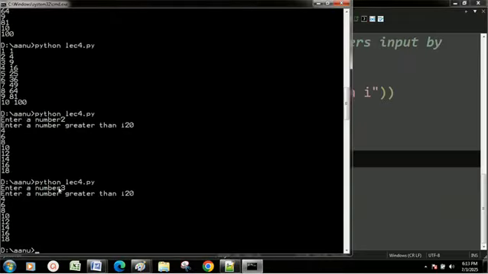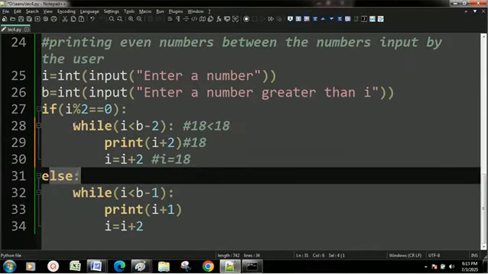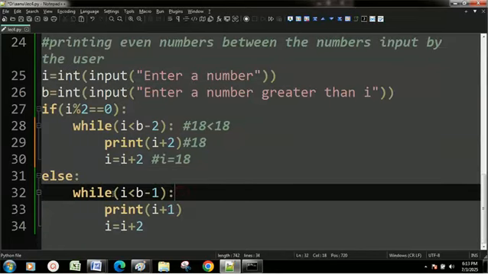So now our I is 3, so it will follow the else condition because I is not divisible by 2. Then it will follow this while loop, and in this I is less than b minus 1, so 3 is less than 19,